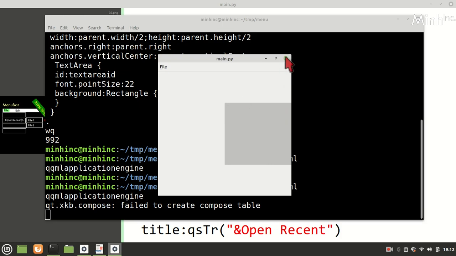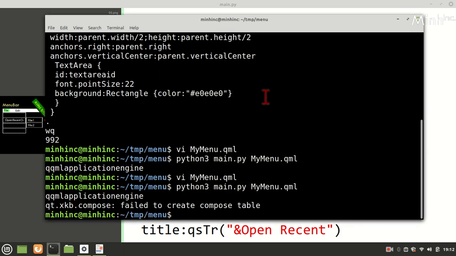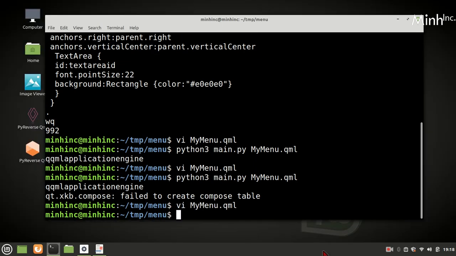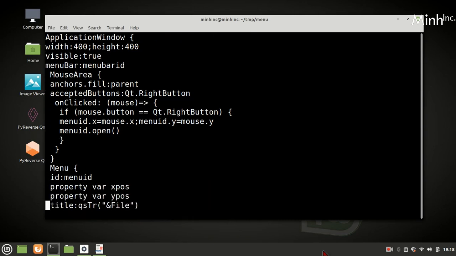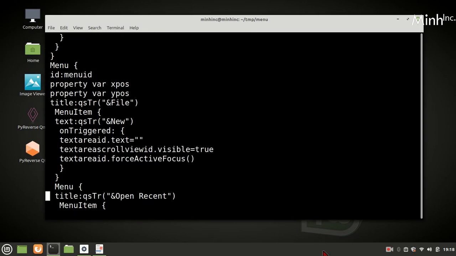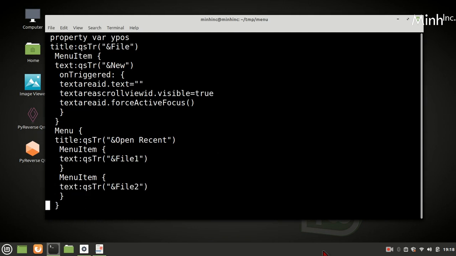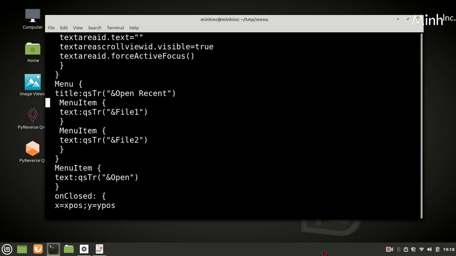Now we would implement open. Okay, so we have done new, and we'll fill the open. The open recent we'll fill later. I think better would be if we just fill the open.